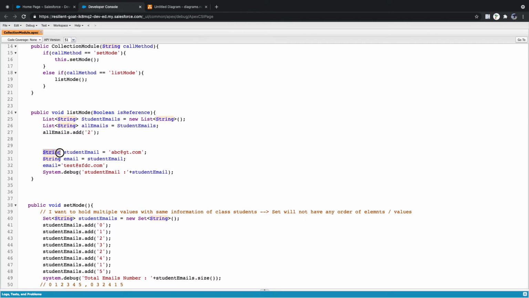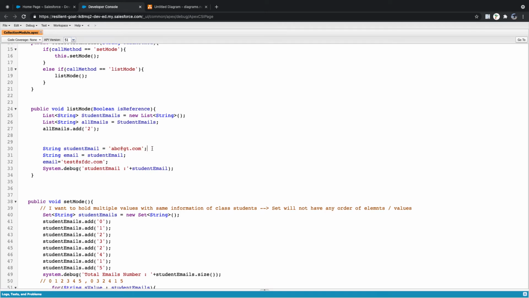Whether it is an object or a variable, guys. This student email, whether it is an object or a variable. Okay, variable. For any variables, there is no pass by reference. It always says pass by value. So for variables, you will always have pass by value.